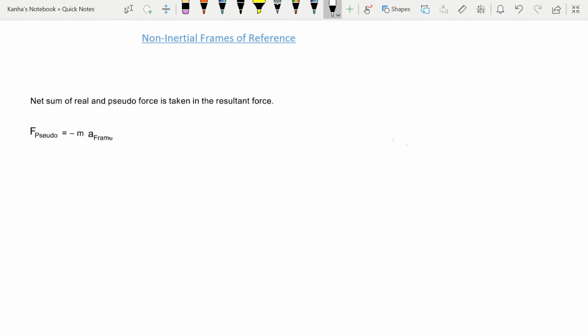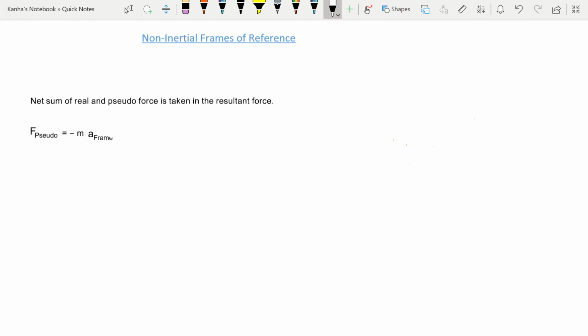Now let's quickly revisit the last topic of this lecture, which is non-inertial frames of reference. A reference frame is non-inertial if it is an accelerated frame. The two frames that are exempted are the frames that are at rest or in uniform velocity. So what are some examples of such reference frames? An accelerating lift is a non-inertial reference frame. Similarly, if your reference frame is a satellite orbiting around the Earth, then it's a non-inertial reference frame.